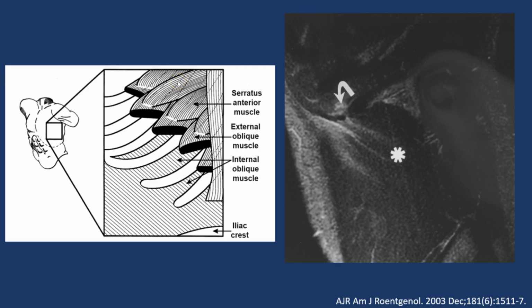In addition to chest wall sarcoma, a more common and thankfully more benign condition that may mimic rib stress fracture is myotendinous junction injury of the internal oblique muscle, otherwise known as a side strain injury. So here's the internal oblique muscle as it